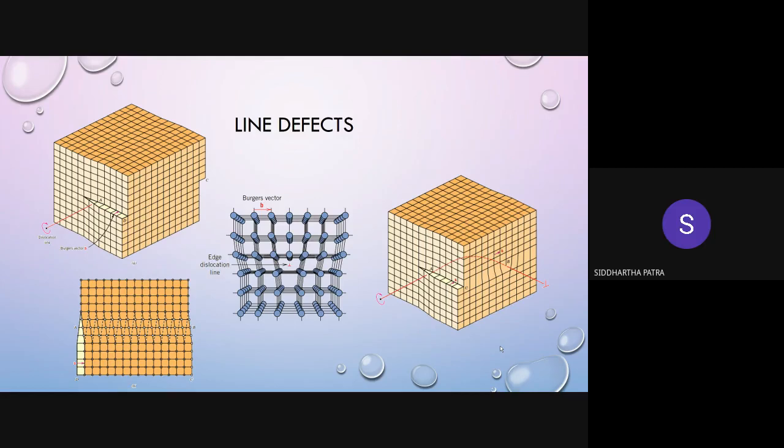It need not be a set of missing atoms. It can be any other type of point defect, but the set of point defects are aligned perpendicular to the plane of the screen, and that's how the line defect has formed. And the Burgers vector is essentially showing that